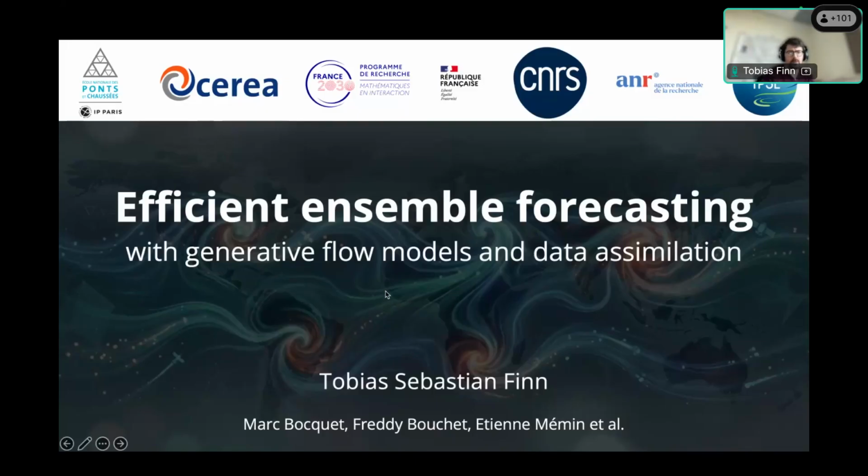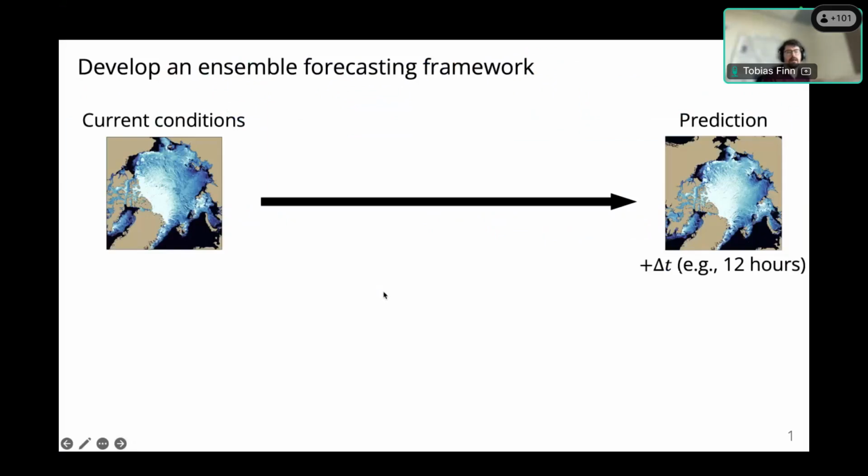We want to develop an efficient ensemble forecasting framework. To set the scene, the goal is to have the current conditions, which can come out of an analysis product, and to do a prediction for a time window which can be, for example, 12 hours.